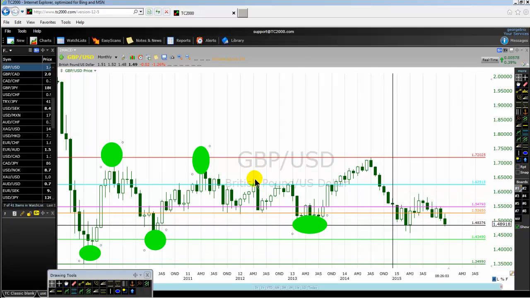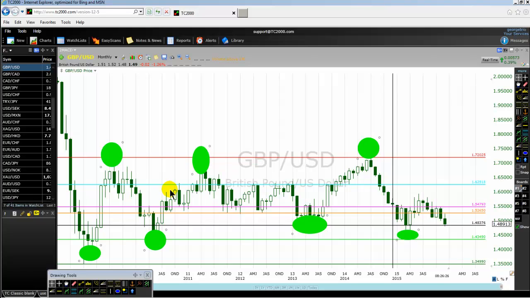So they change the direction here, change the direction here. Here also change the direction here. But I don't want to put too much stuff on my chart. Okay, this is another major turning point on the monthly charts, paying attention to the price action alone. Yet again, it changed the direction here. So I want to draw